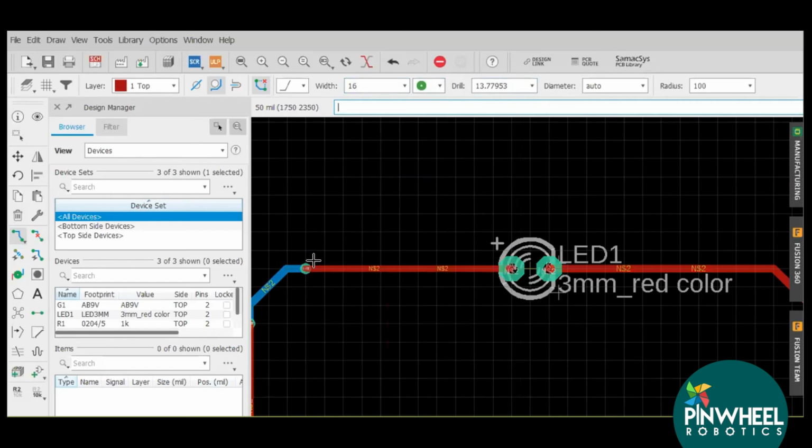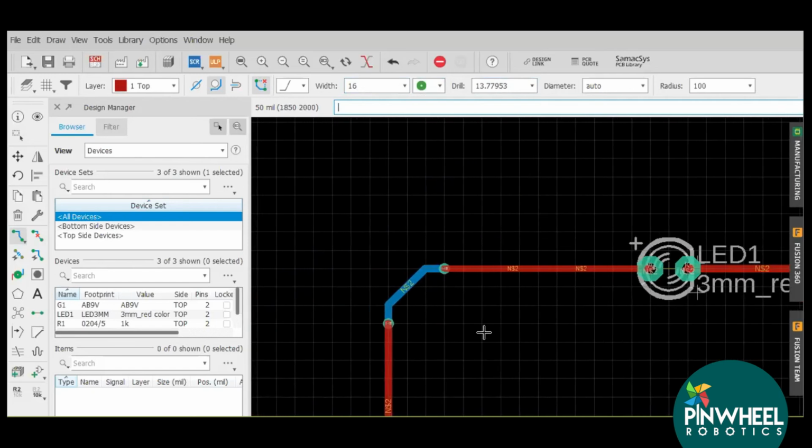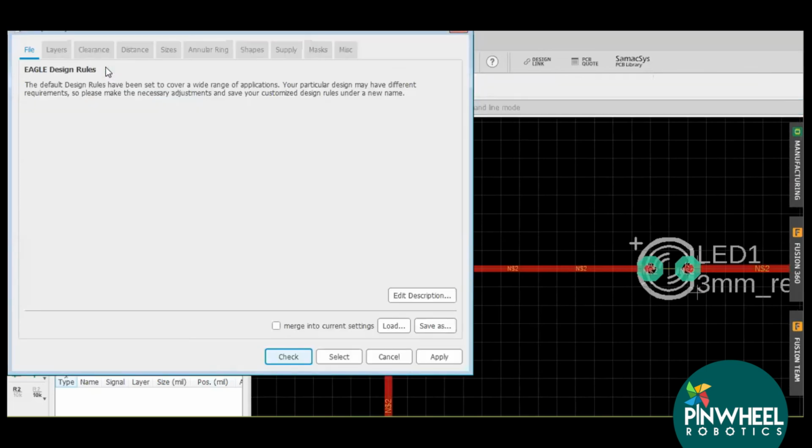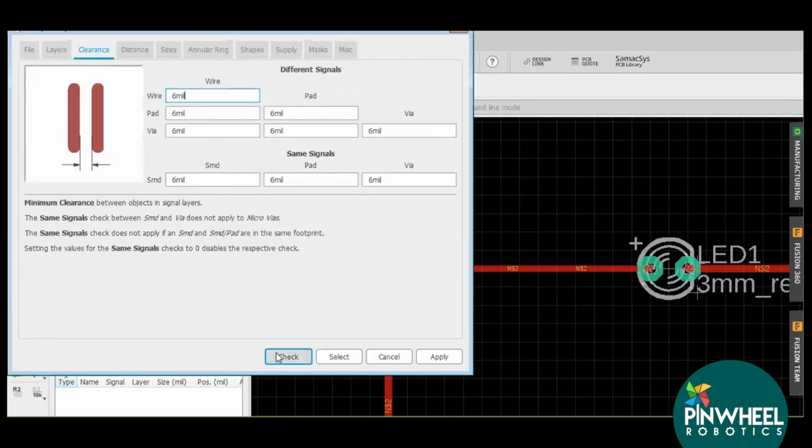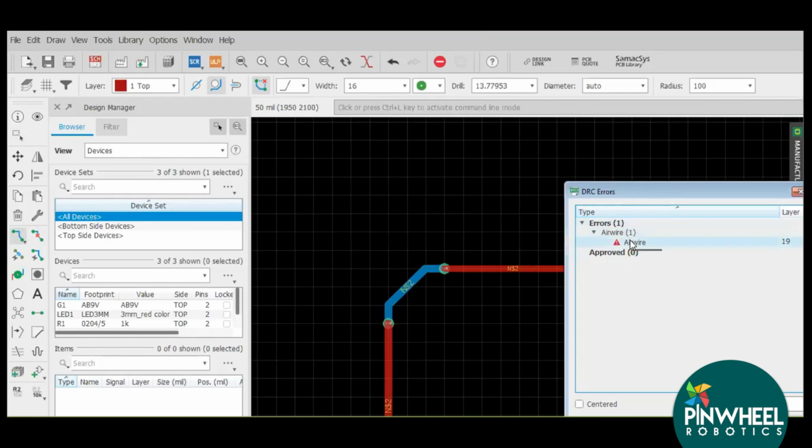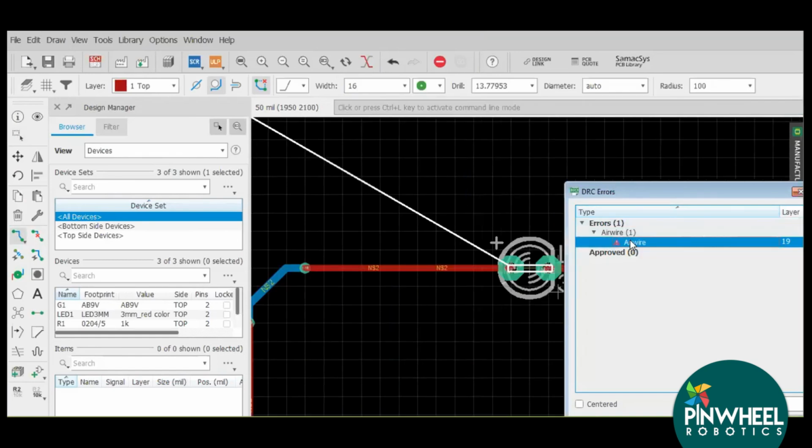Now I will again check. There is an air wire.